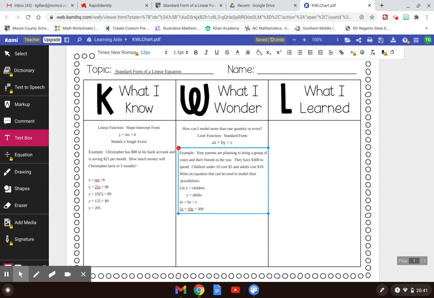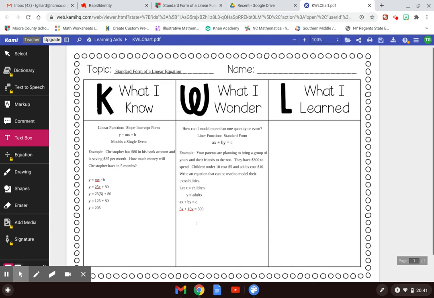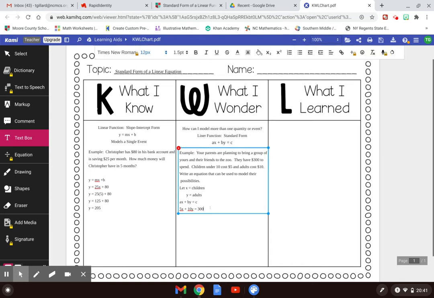We take the standard form of the linear function, ax plus by equals c. We assign values to our variables. Then we use the information given to assign our coefficients and to model the change. So in this case, 5x plus 10y equals 300. Okay? So the next thing that we're going to put here, having learned that, under what we wonder is,